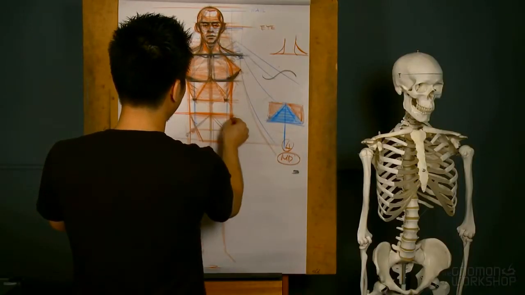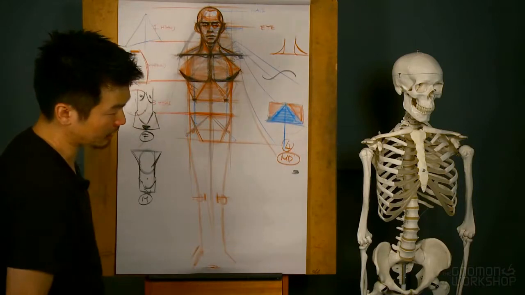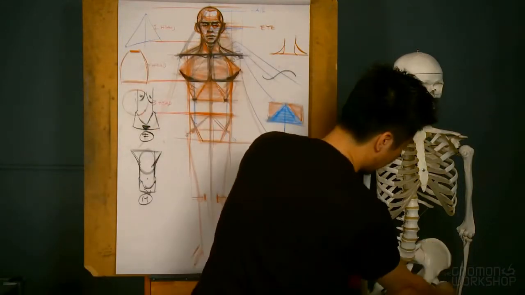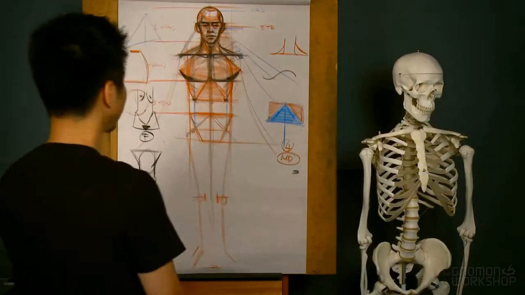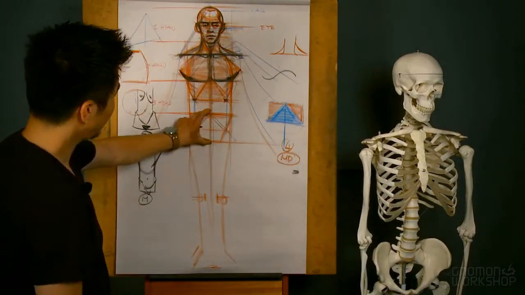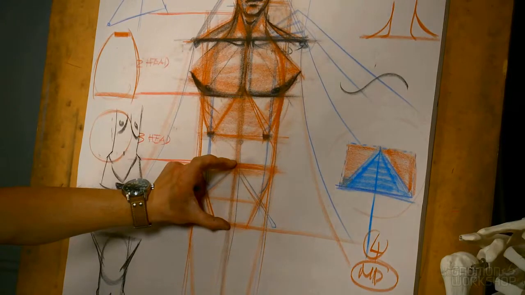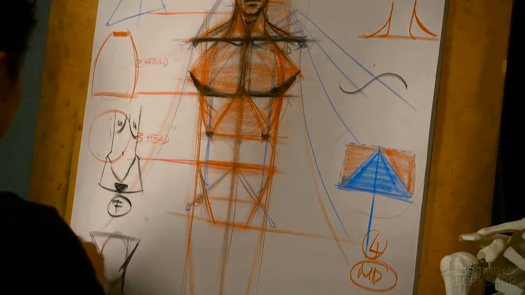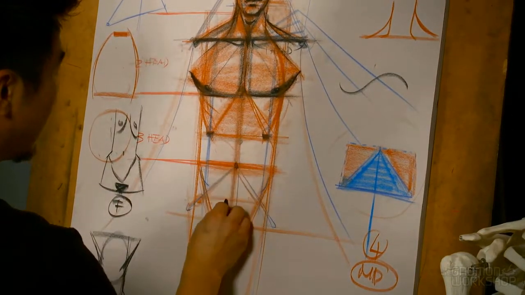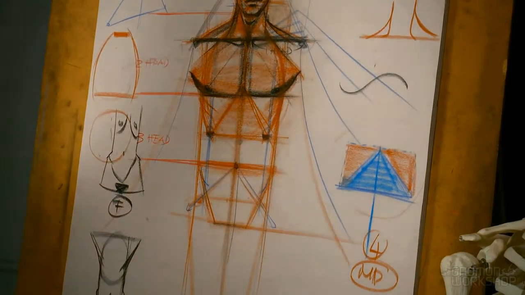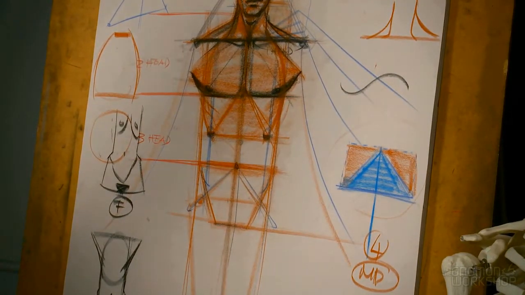The pelvis is like a bucket shape, wider on the top and tapering toward the bottom, like this. It's about a head tall. As you can see, the belly button to the crotch is about a head tall. Here's the belly button right here. Okay. And then if I divide the pelvis into thirds,